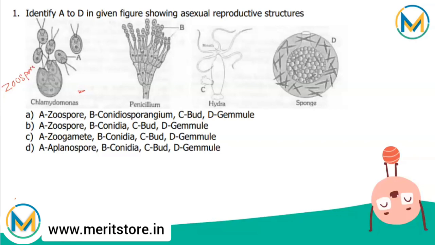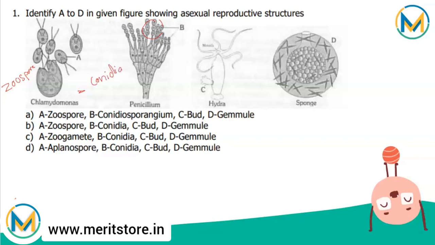Now, Penicillium, that is this second structure, is a saprophytic fungus, commonly known as blue or green mold. They are present in the soil, air, decaying fruits, vegetables, meat, etc. Asexual reproduction in Penicillium takes place by unicellular, uninucleate, non-motile spores, the conidia, formed on conidiophore. So this is done by